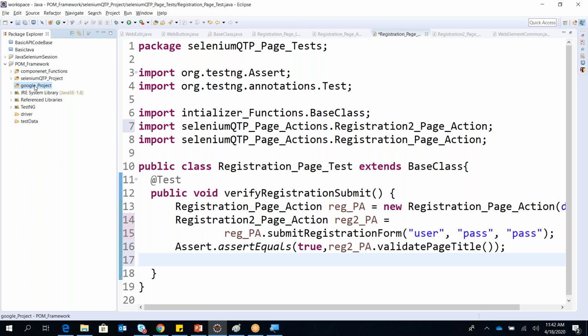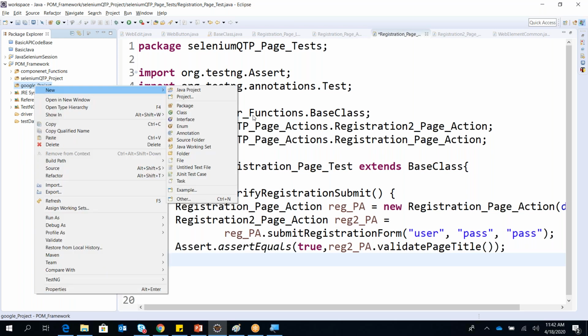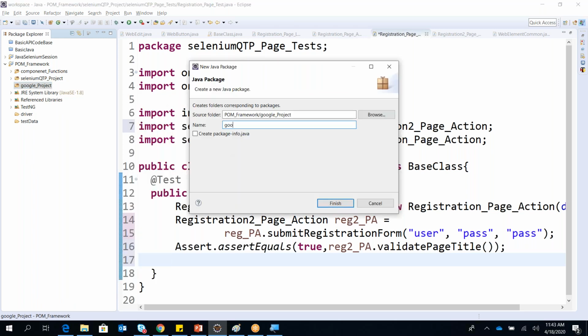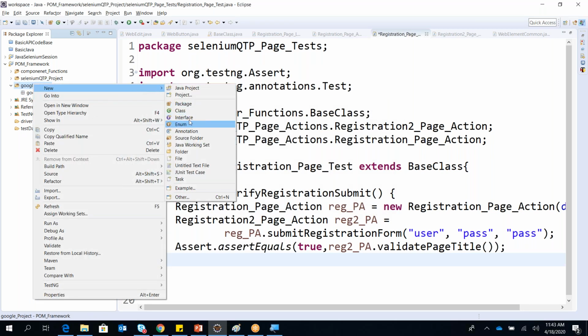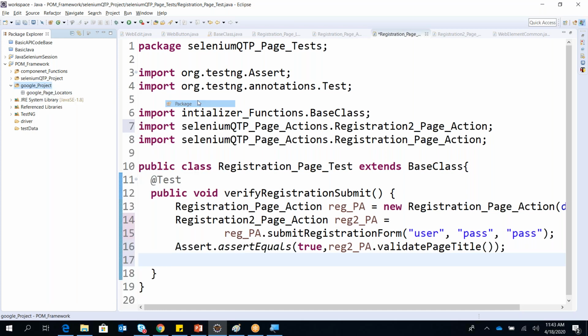Now within a Google project, I can create my packages. Same packages like Google. Sorry. So Google underscore page underscore locators. Same way I can create actions and same way I can create a test.